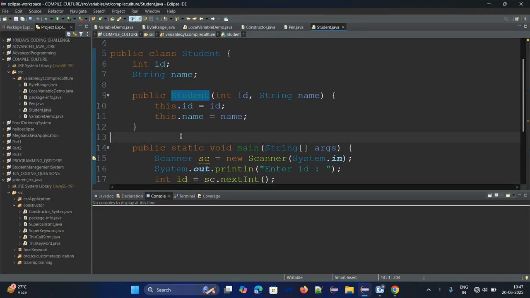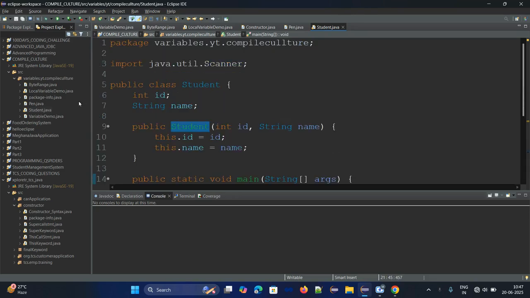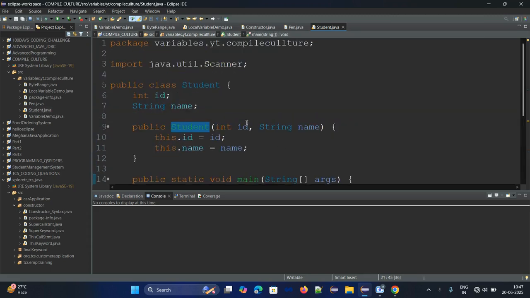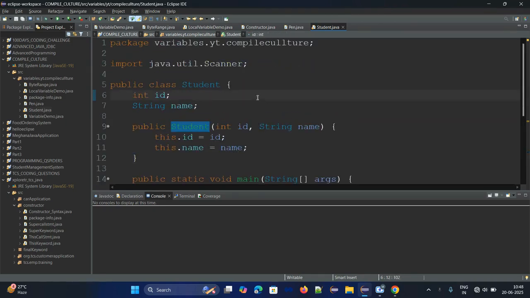That's why the constructor is very special, and it runs automatically when you create an object using the new keyword. I just created one object by using the new keyword, and we are not calling it here. Whenever we create an object for this class, the constructor is automatically called. That's it.